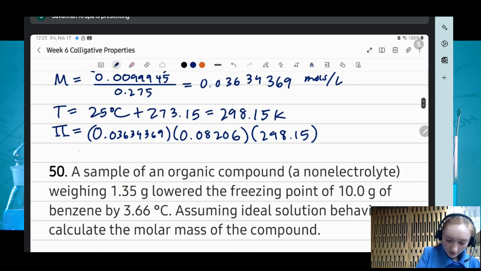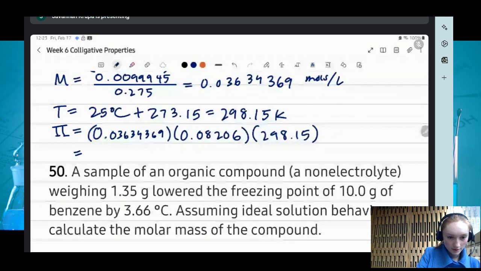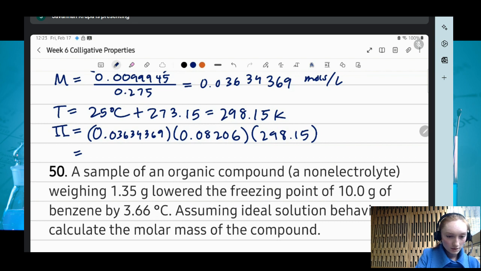And so the final pressure will be a value of, or actually before we do anything else, the answer will be 0.889,